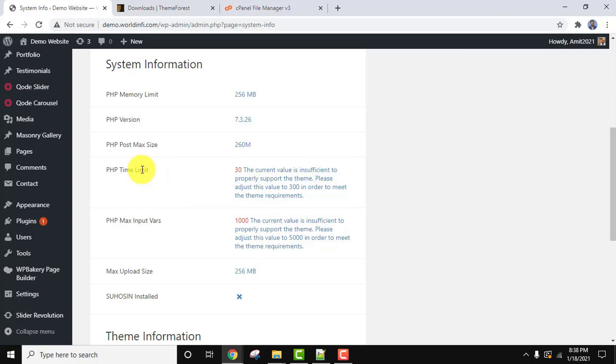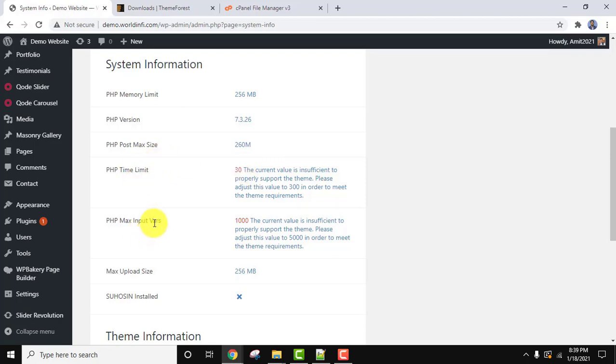Now what is PHP time limit? You can say it is the amount of time that your site will spend on a single operation before timing out. It is now set to 30 seconds. It is by default 30 seconds. So you need to definitely update it, because let's say you're importing a theme on WordPress, it won't take 30 seconds. It will take a lot of time based on internet connection. So if the time limit of 30 seconds is exceeded, it will show the error, fatal error, maximum execution time of n number of seconds exceeded. So we will update both of them.